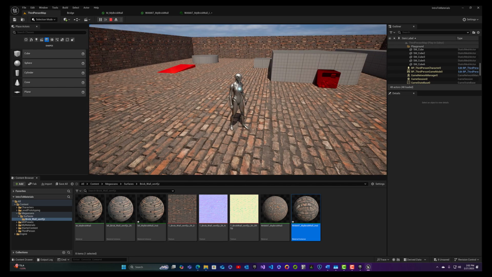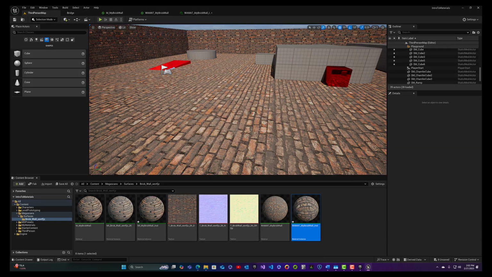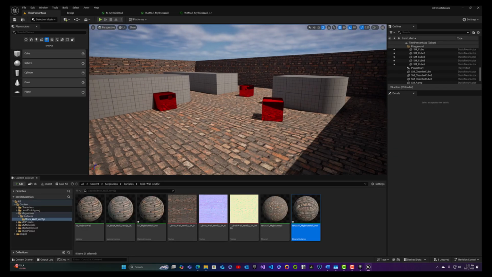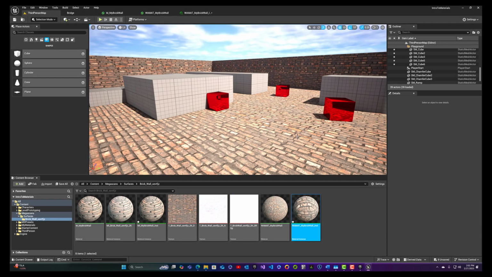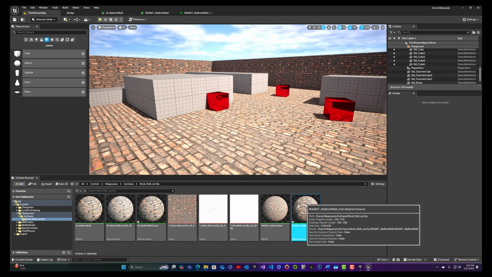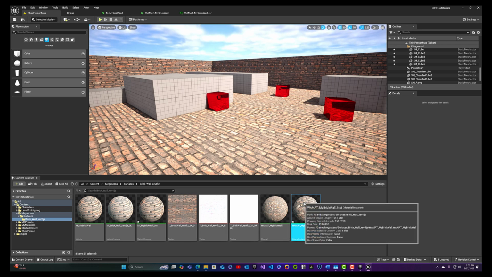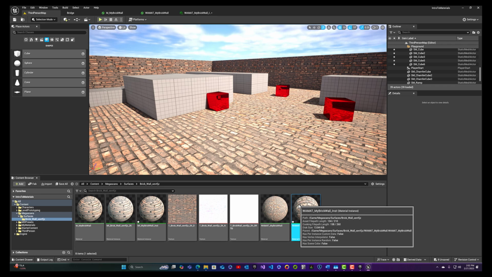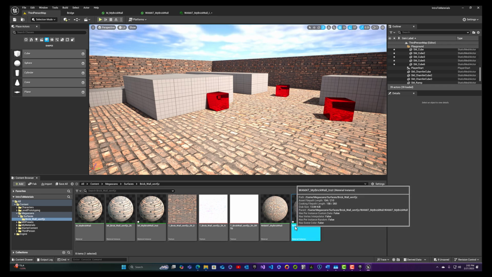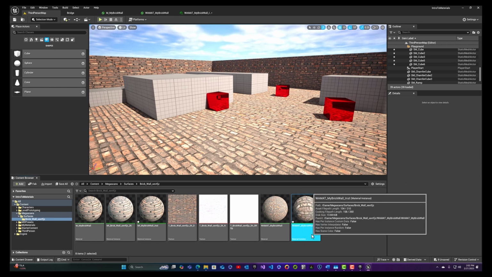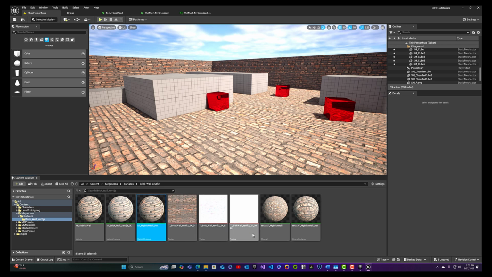Okay, so now we know about regular materials, and when I say regular, I mean they at least have an albedo map and a normal map and a way to control their UV scale. We know how to make material instances, and we know how to make world-aligned materials and instances for them, both with parameters that can be adjusted from outside the editor. Do take note, though, that whenever you adjust a parameter, it's going to ask for you to resave that material instance. And if I wanted to make another object here out of the same material, but of a different scale,